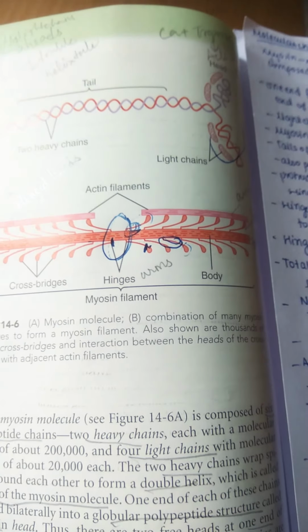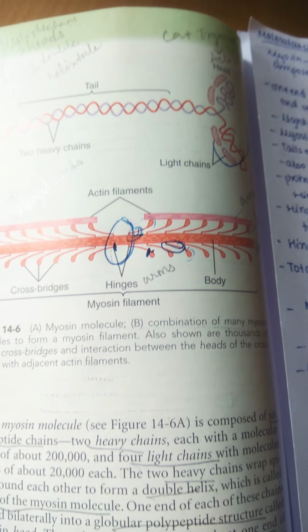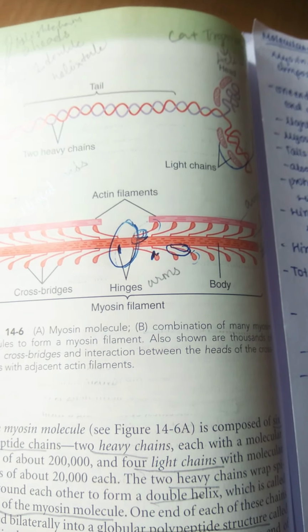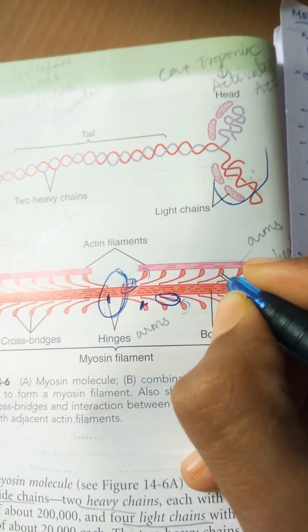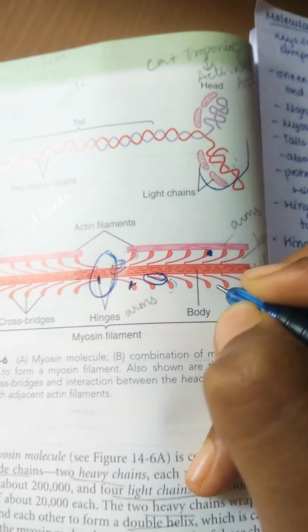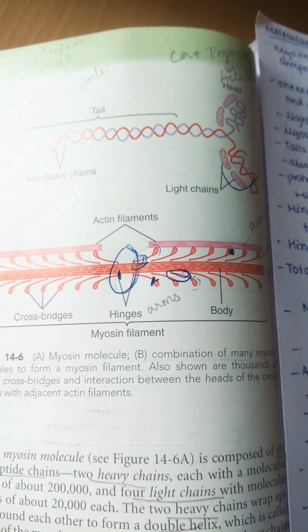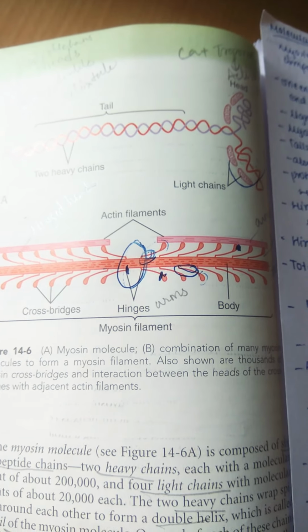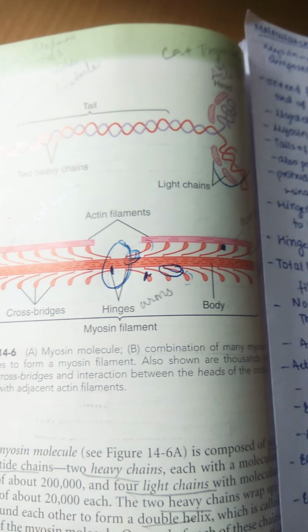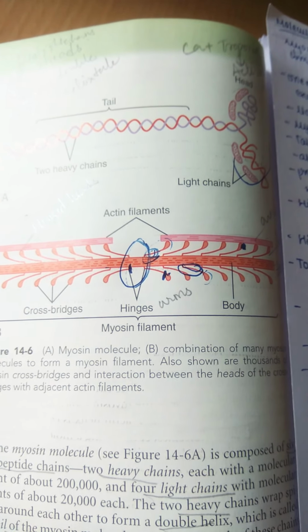Now the ATP activity of the myosin head: the myosin head has the ATPase enzyme, which allows the head to cleave the ATP. The head also has a binding site for ATP. It uses the energy from the ATP phosphate bond in contraction. So the actin filaments are mainly composed of actin.